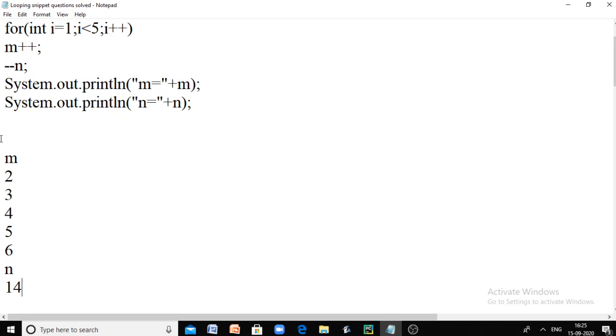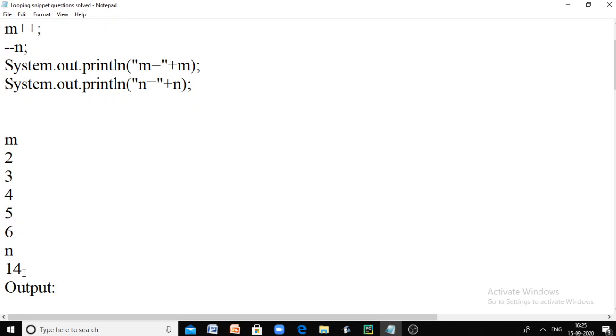That means it's a pre-decrement, and pre-decrement decrements the current value of n by 1. Now the last statements print the value of m and n. What is the current value of m? It is 6 after executing all the iterations of our loop. And n is 14 after the statement after the for loop is executed.